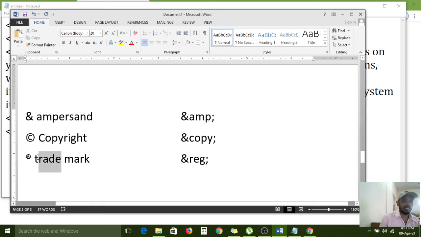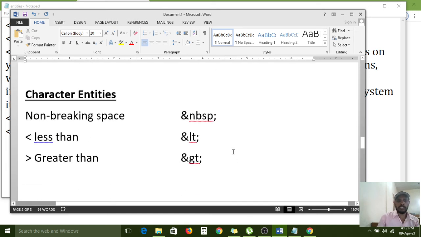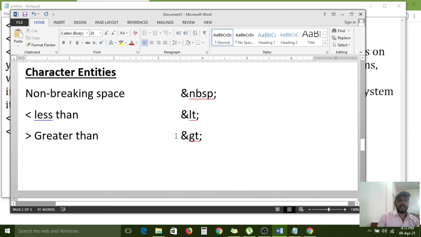Sorry, this one is the registered mark because of the R letter. The trademark has a separate entity, TRADE, semicolon. If you want to represent these symbols in an HTML document, compulsorily we have to write these character entities like this.